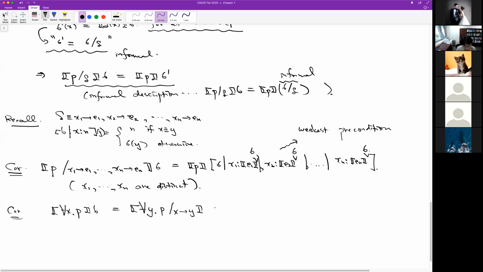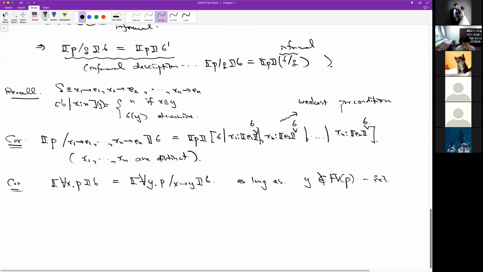Okay, for the corollary, it says that this is the case, which means renaming doesn't really change the meaning as long as renaming is done correctly. So variable y is chosen as something which is not a free variable of p except x. Okay, so this means that renaming preserves the meaning, and it's not exactly the application of the lemma,